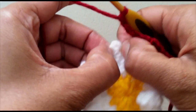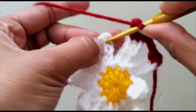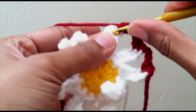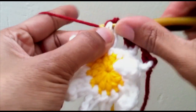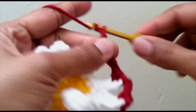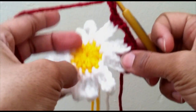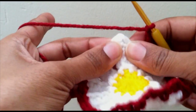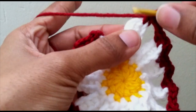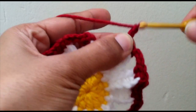One more I'll show you. Spread your petal apart a bit, find the back and single crochet into that one, and then single crochet into your first stitch from the other side and chain 3. Now continue this all the way around, and I'll meet you when I get to my last petal. I'm on my final petal, and I'm going to do my last 2 single crochets into my 12th petal, chain 3,